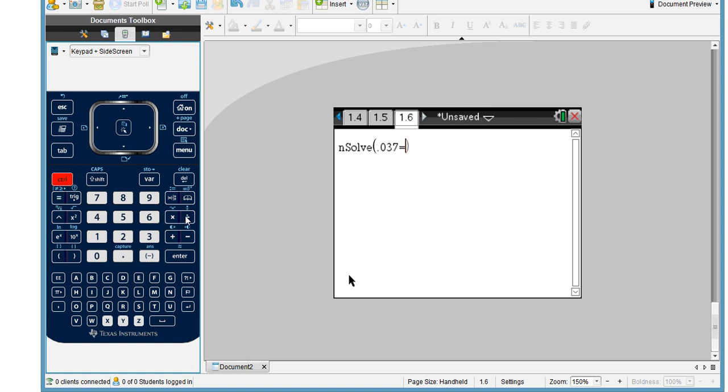I'll just put it in like we had it here. 1 over 5 times ln, control e to the x. We're going to make a fraction here. I'm going to put p over p sub 0, which is 5,000. And so we have our equation here, and we're going to come outside here and press comma p. And I hope we don't get an error message on this, please. Okay,